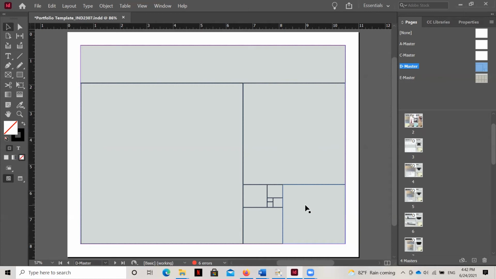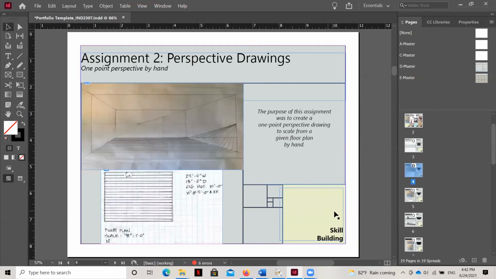Now, the reason why I created this grid based on the golden mean is because now it allows me to organize information on each page with beautiful proportions that work well to the human eye and work well for this project. And you can see here, I've got a lot of different kinds of modules created as a result. So you can see as I click through here, that grid becomes useful because look, I used one of those boxes to create my wayfinding device here on the lower right-hand corner.